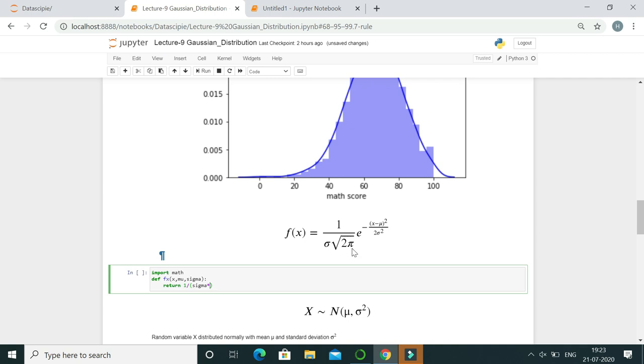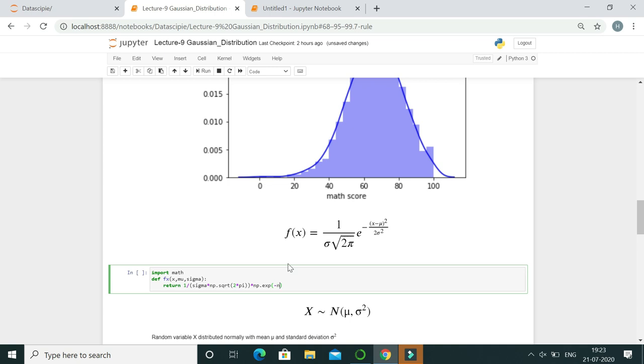So for that, np.sqrt of 2 into pi. Okay, next we have to multiply it with e raised to minus (x minus mu) square upon 2 sigma square. For that, np.exp